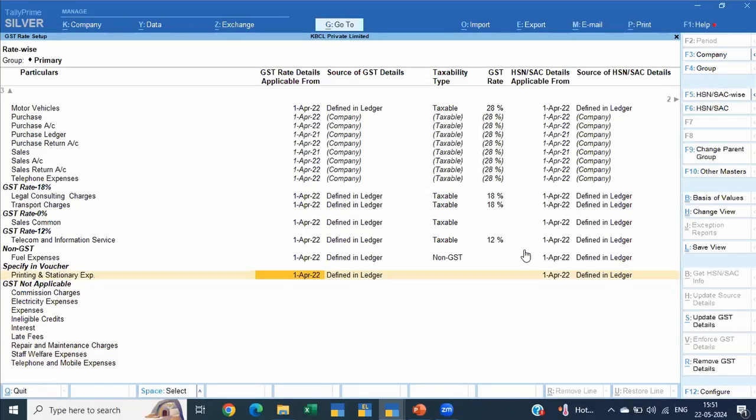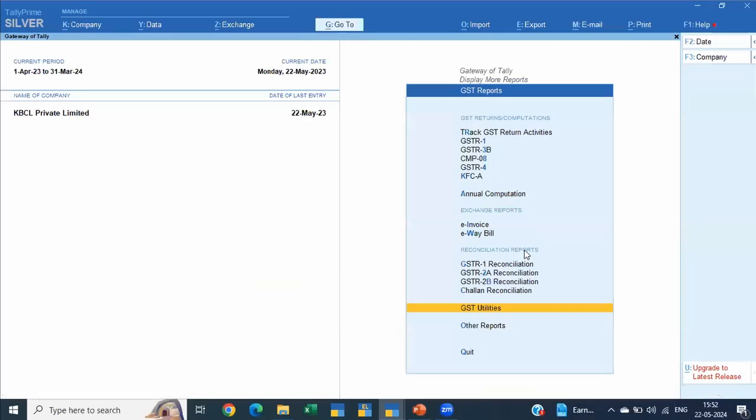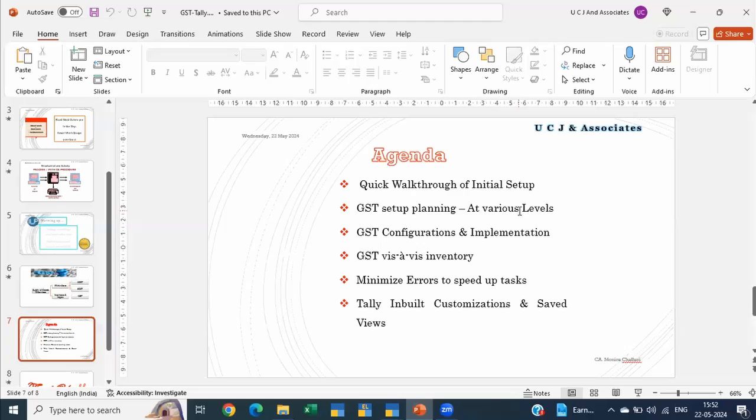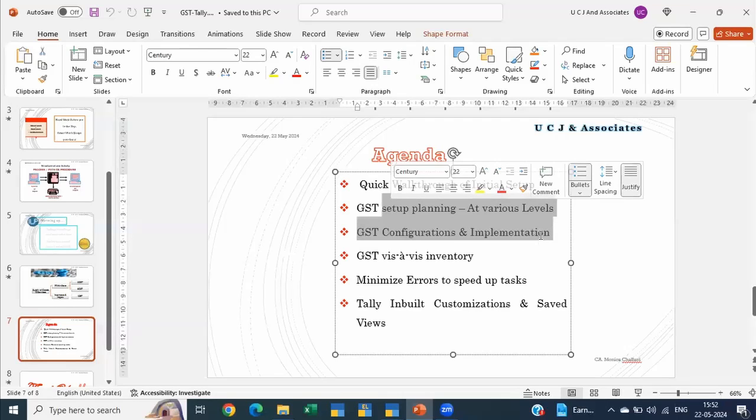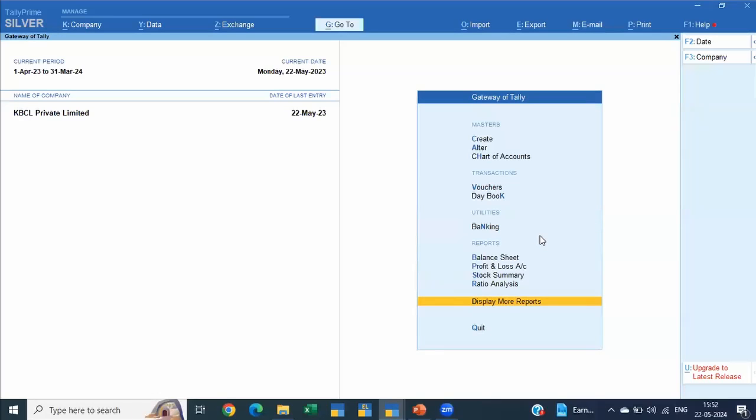Okay, so in this particular case, it is specified in voucher, which is what it is showing. Now, having said that, we have looked into the setup where we were here, and also a little bit of GST configuration and implementation. Also, we looked into the inventory. I would just go back to the inventory